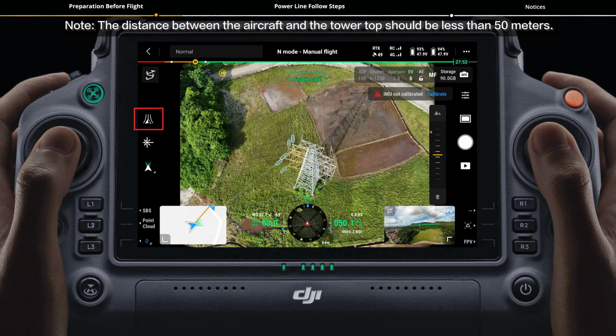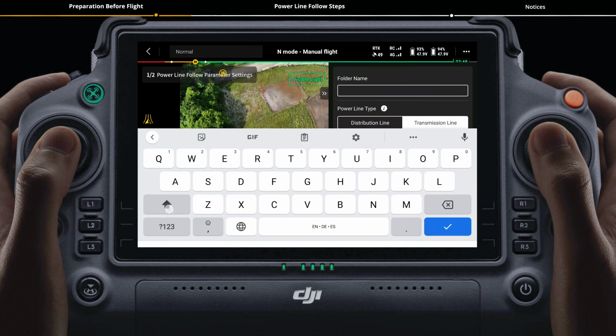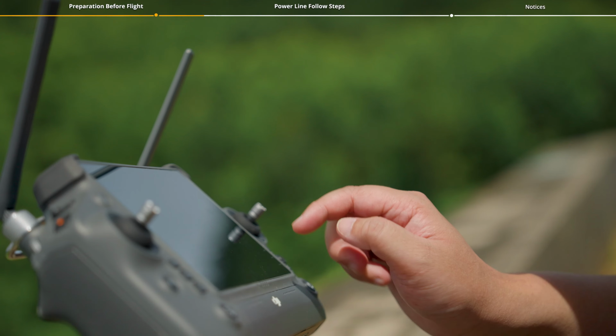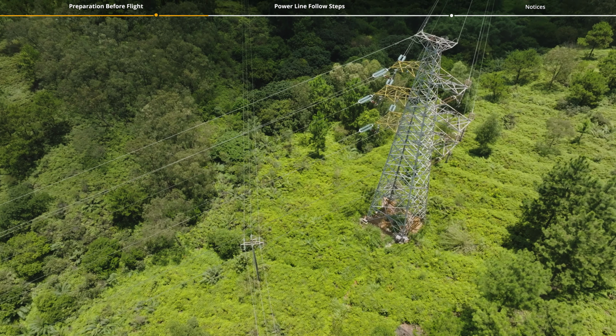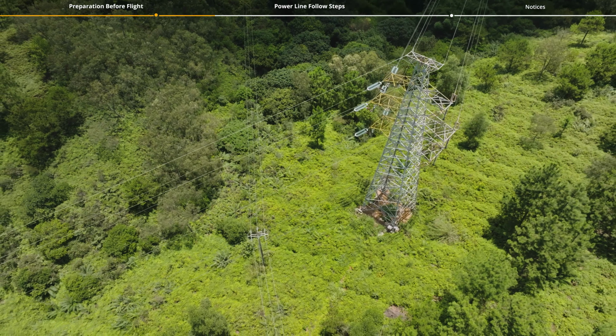Tap the power line follow icon, and the task parameter settings window will pop up on the right. Edit the folder name. Select a corresponding power line type based on the actual operating situation to increase the identification accuracy. For example, if the width of the on-site tower is less than 10 meters, set power line type to distribution line. If the width of the on-site tower is greater than or equal to 10 meters, set power line type